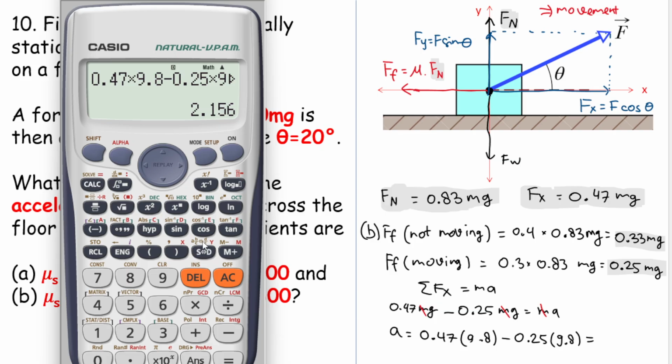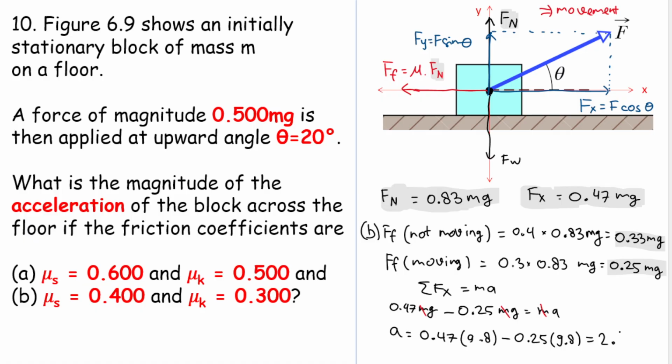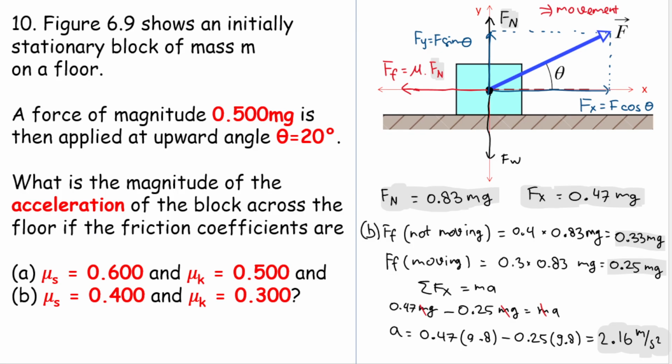Okay, and I will have 2.16 meters per second squared. And that is our acceleration here for question B. So for A, it is not moving, and for B, it moves with an acceleration of 2.16 meters per second squared. And that's all for this